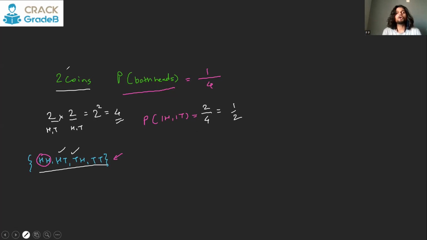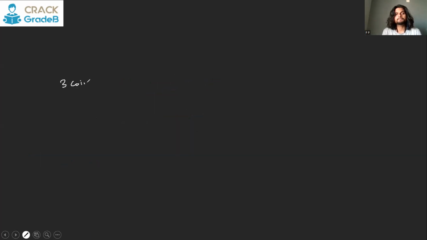If you toss, let's say, 3 coins, then how many total cases will there be? Per coin we have 2 cases, because head and tail, head and tail, head and tail. So 2 against 2 against 2, 2 raised to the power 3. There will be 8 total cases. 8 is again a relatively small number. You can write the sample space for that, but just make sure that whenever you're writing, you write with a proper pattern so that you don't miss any case.